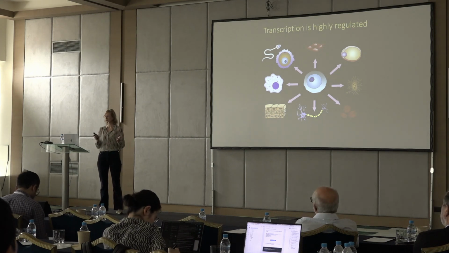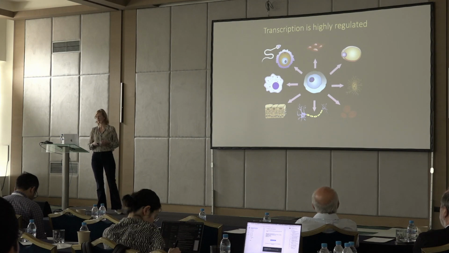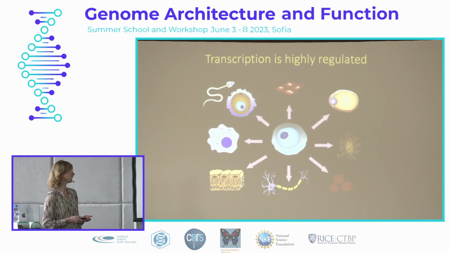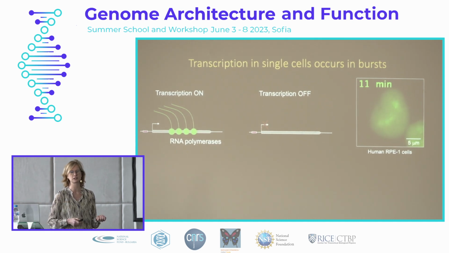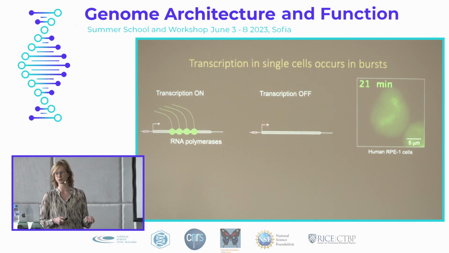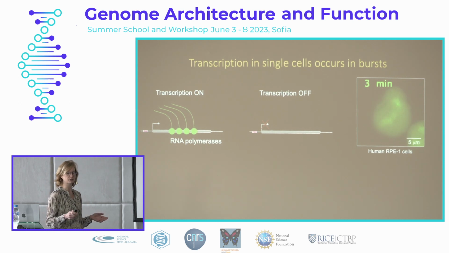And so when we think about this, we often think, oh, if a gene is being expressed in a certain cell type, then this must continuously be produced. But in fact, we and many other labs have seen that transcription is actually a highly discontinuous process, and it occurs in bursts. What I mean by this is that often when transcription is on, several polymerases initiate close together, and this is then followed by a period where transcription is silent, which can last for hours or even up to days.